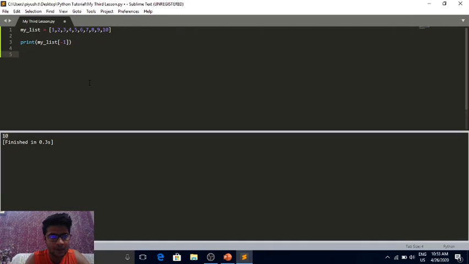Now what if you want to find out the length of your list? For that there's a basic function called len. Now len of my list will give you 10. This brings us to another aspect, which is commenting.